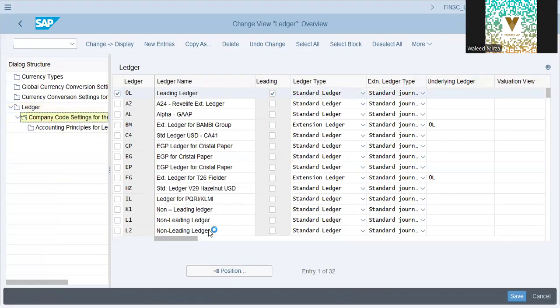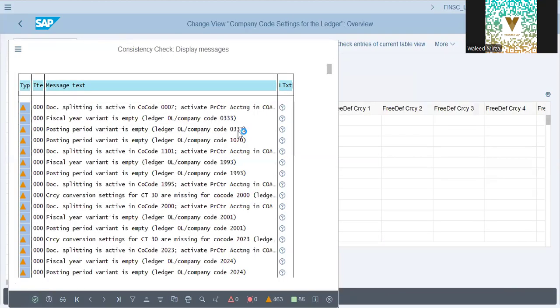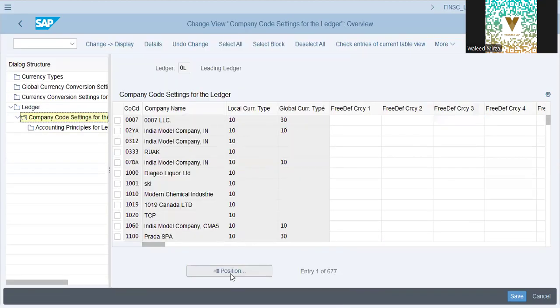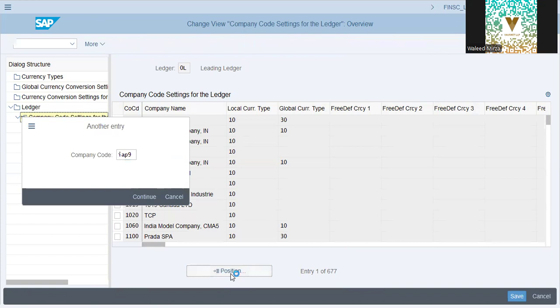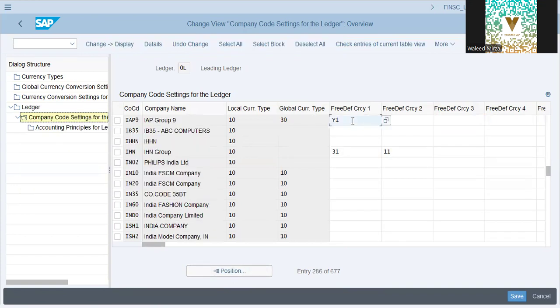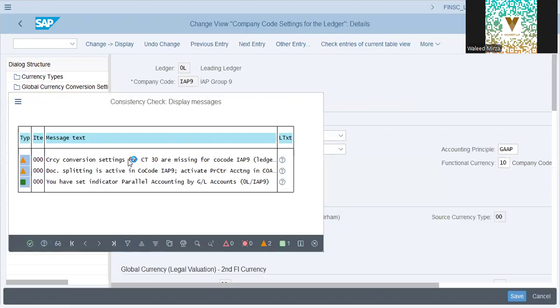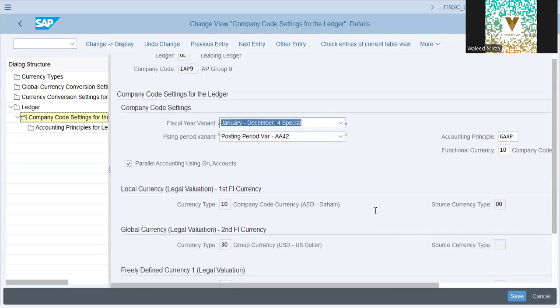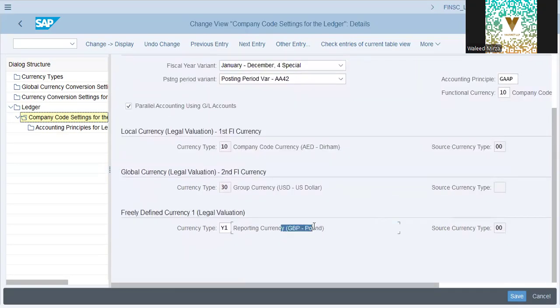company code settings. IAP 9. So now we have 30 because it was not there. Okay. So this is set now. Local currency is USD. GBP, USD, AED. Okay. It will be reported in 3 different currencies now. Group currency at controlling level will be your